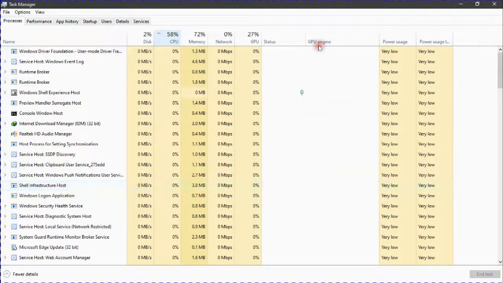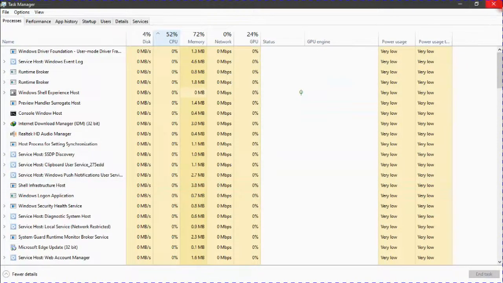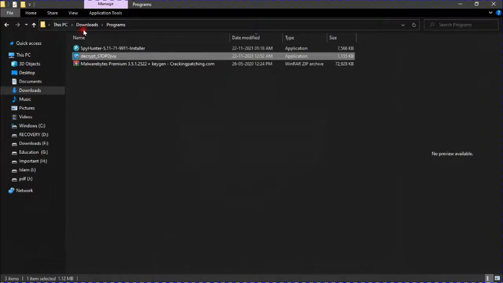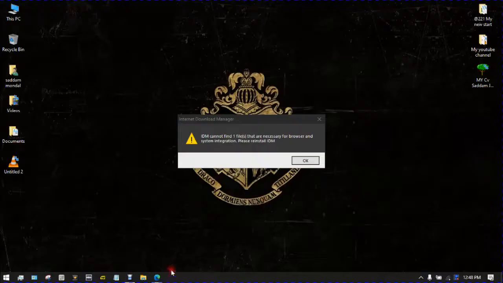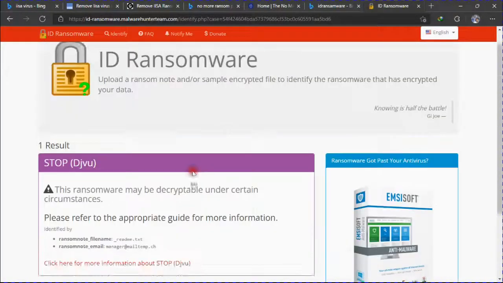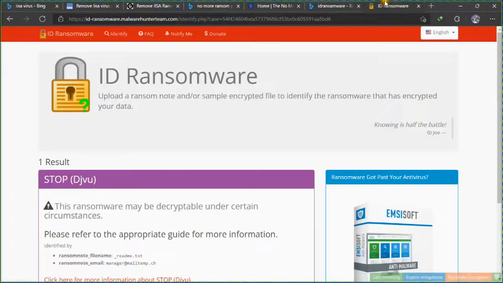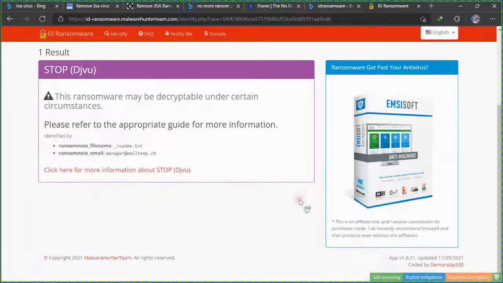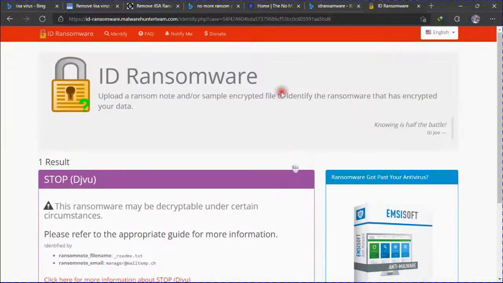So don't waste your time, and if this process does not work, there is no other way. But don't pay. If you pay, then this economy will boost more, and they will be encouraged to do it more.